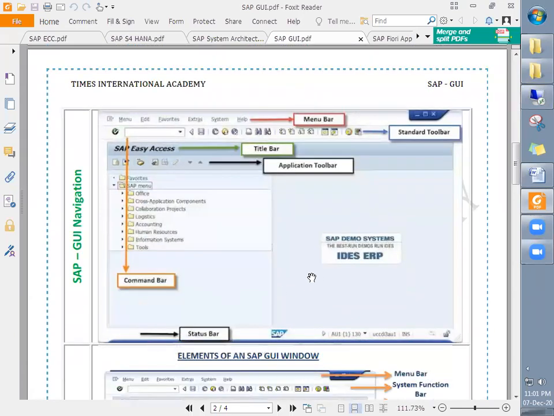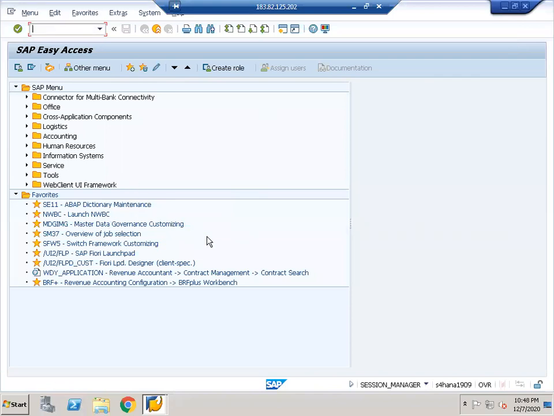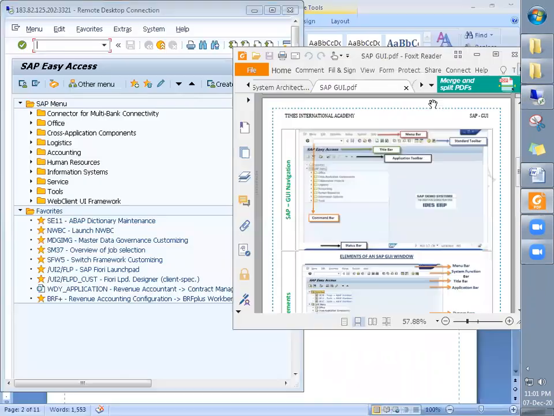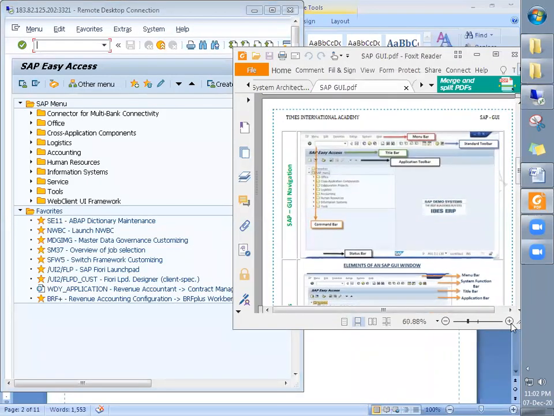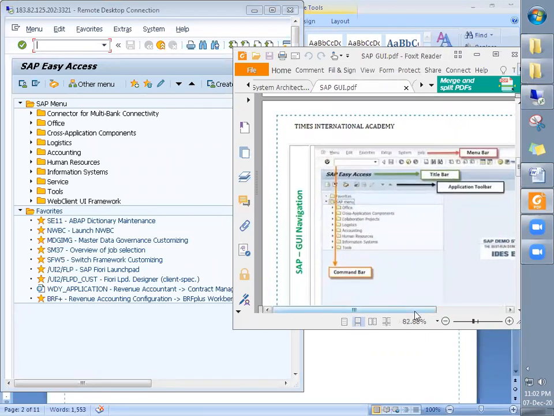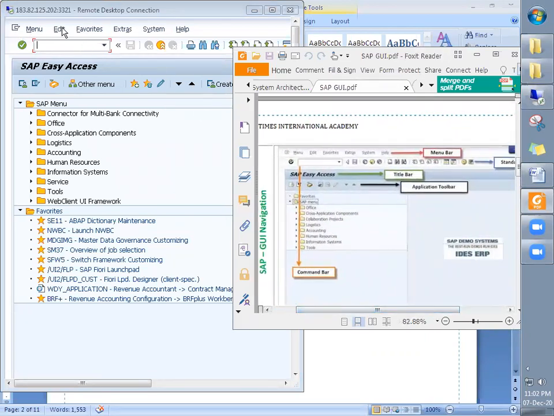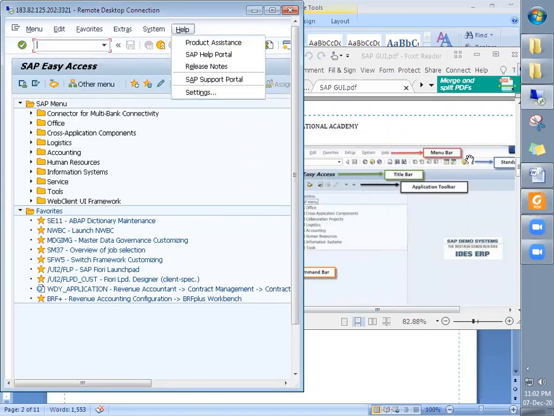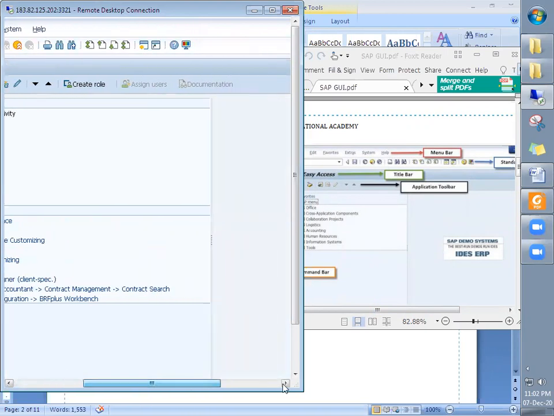Now we will see the different parts of this GUI screen, right? What are these different parts? If we compare with these images, it shows different parts. This first bar is called the menu bar because it contains menus. And then the bar right below it is the standard toolbar.